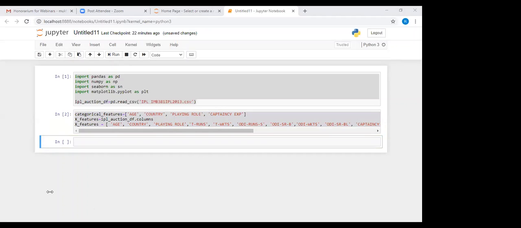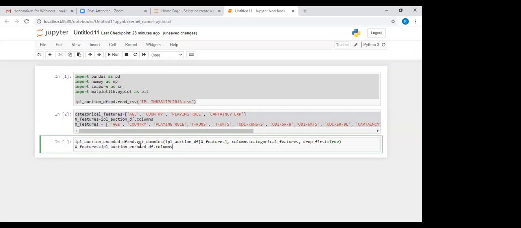Then I used the get dummies function to replace the categorical variables with dummy variables.